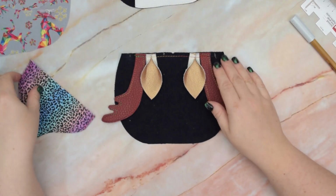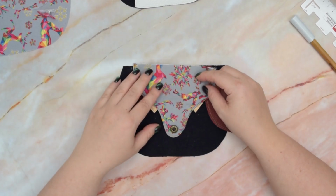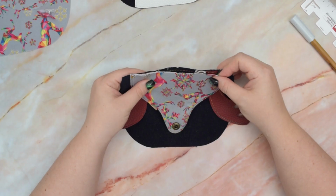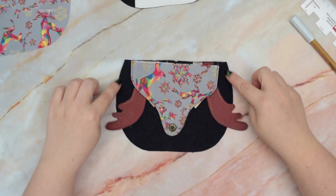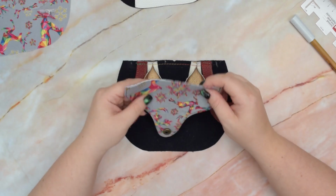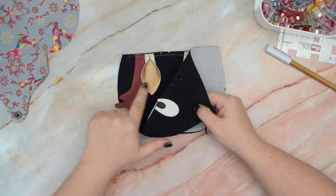If you want, you can take your flap now and place it on top as well. So lining side is facing up. You would match the midpoints, line up the edges, and then baste your flap in place as well. But sometimes I found it is very difficult to sew the side seams, so I prefer to add my flap at the later stage. Instead, you can take your external front, place it on top, so right sides are facing